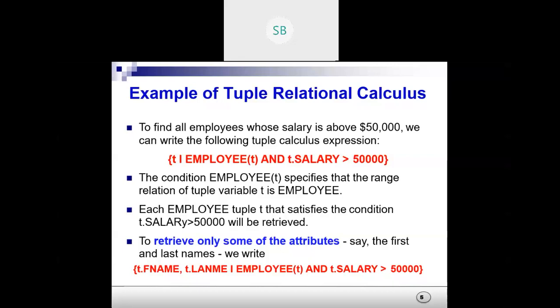Here also, what we are doing, we are not writing any select statement, rather we are taking a variable t, because I told you relational algebra and relational calculus are theoretical concepts. Okay, but if we want to represent it in SQL, then we need to use the select clause and all the SQL queries. But here, how do we do it? That same thing, select star from employee. So that is why we are using this. We are taking a variable because this is the syntax. This is the syntax. Just check.